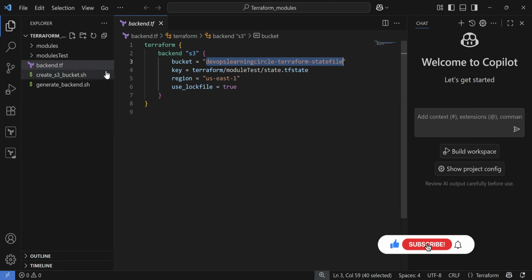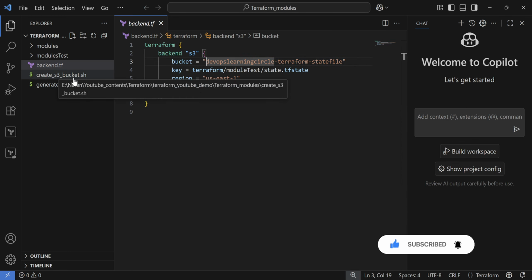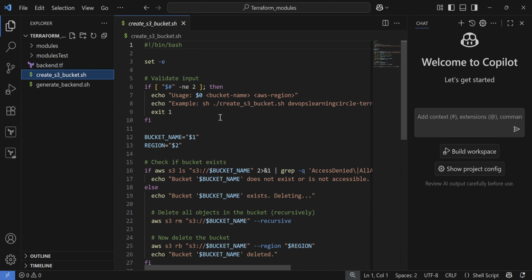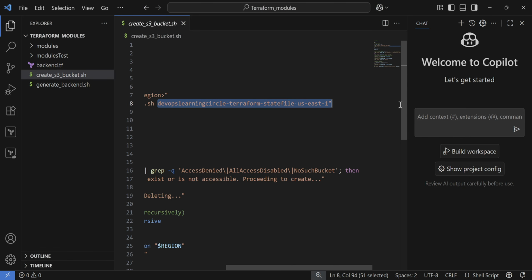You can also create your S3 bucket by using the create s3 bucket script. This script helps you to create the S3 bucket, whatever bucket name you specify, and